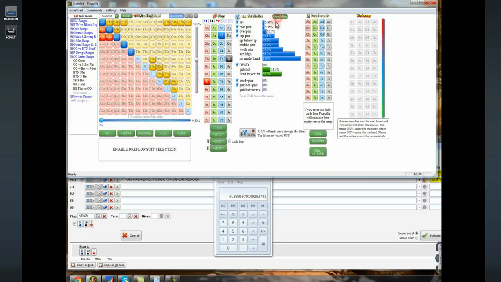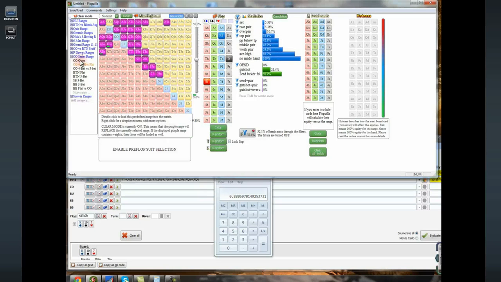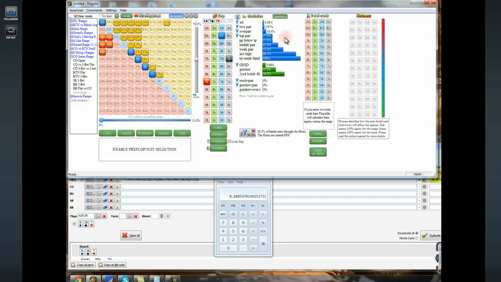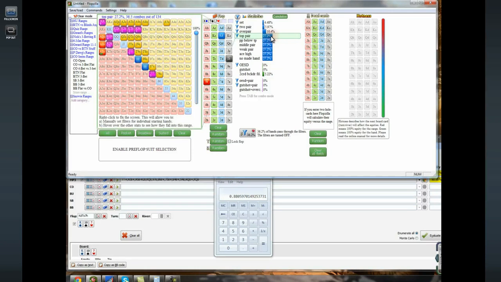So this range has 11% overpair. How much does the cutoff versus 3-bet call have? It has about 10.5, and then top pair is going to be king queen. So off the top of my head, and I don't know this for sure, but if we go bet, I don't think our opponent's going to really need to call down with worse than king queen. So if we're in the big blind, I don't think we can go bet with king queen very effectively because it looks like king queen or better makes up about,